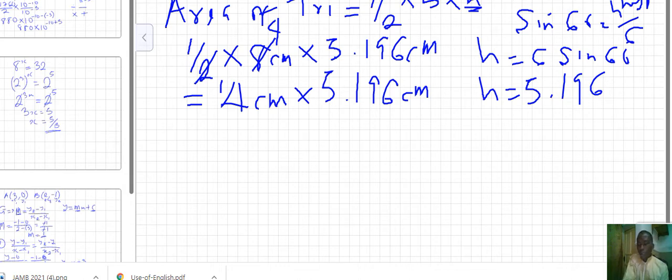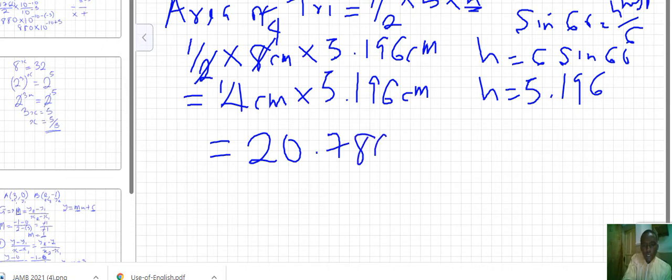So 4 times 5.196 centimeter. If you point it in the calculator, we are going to get this value to be equal to 20.782 centimeter square. Now that place says you should calculate it to